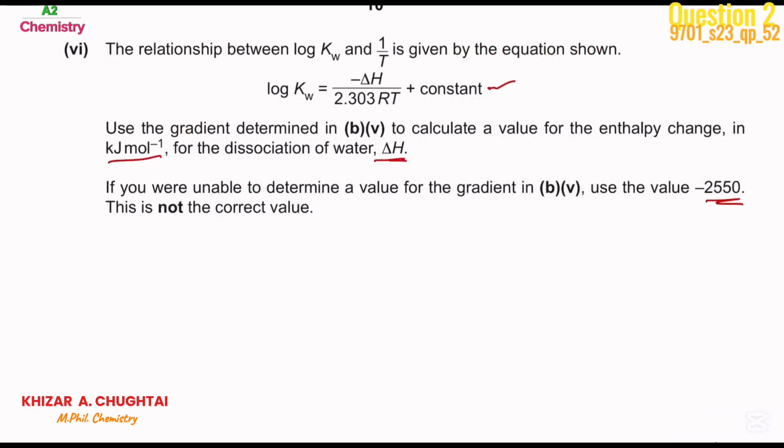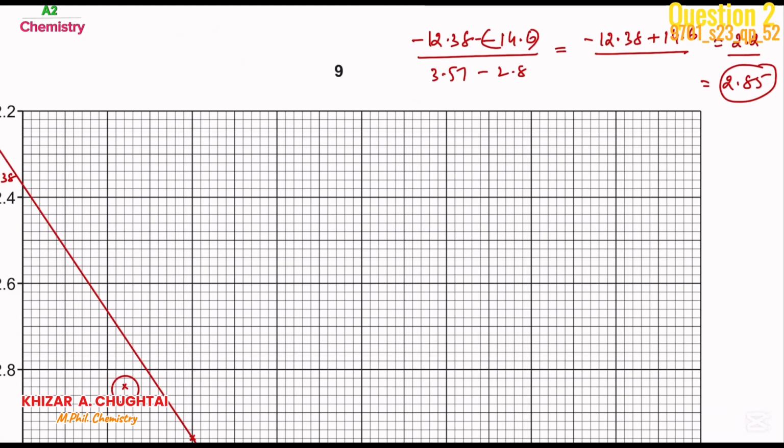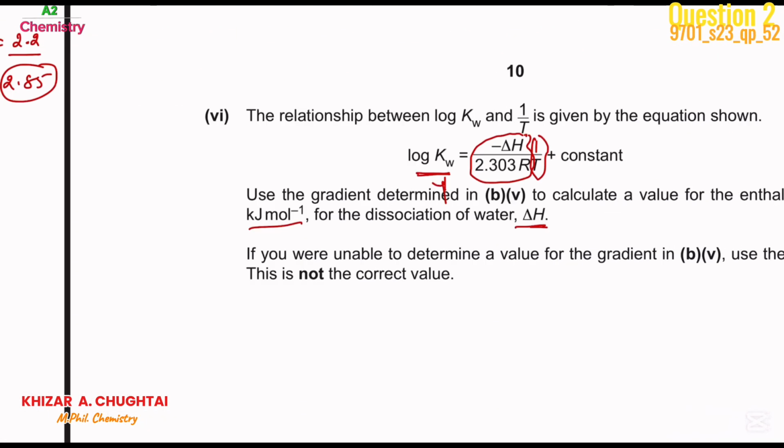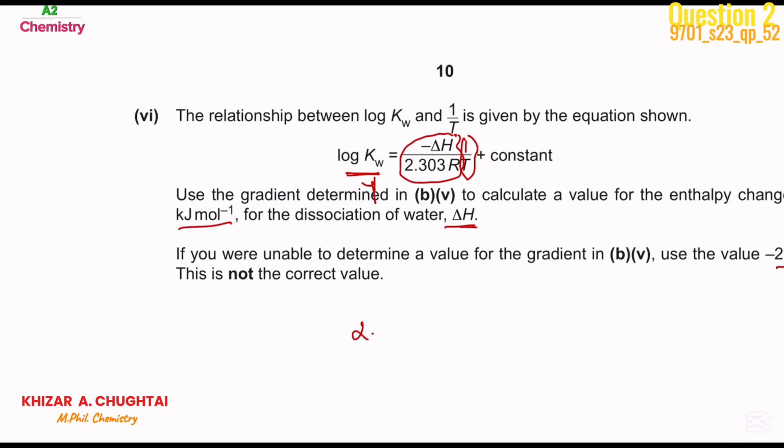You can see that this is the equation of a straight line. I'm taking this on the y-axis and here 1 over T on the x-axis. So this value will be the slope of this line. So the answer of the slope is 2.85. 2.85 is equal to delta H